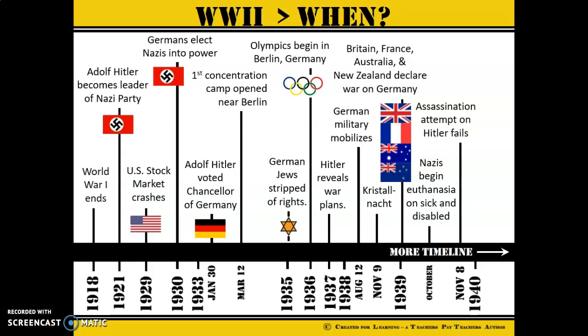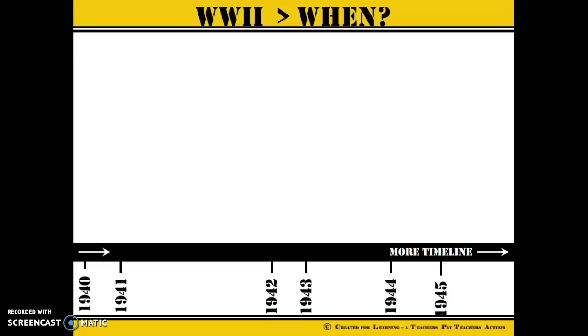In November 8th, there was actually an assassination attempt on Hitler, and it failed. He survived it. And then in 1940, April 9th, the Nazis invaded Denmark. Also in 1940, the Nazis bomb